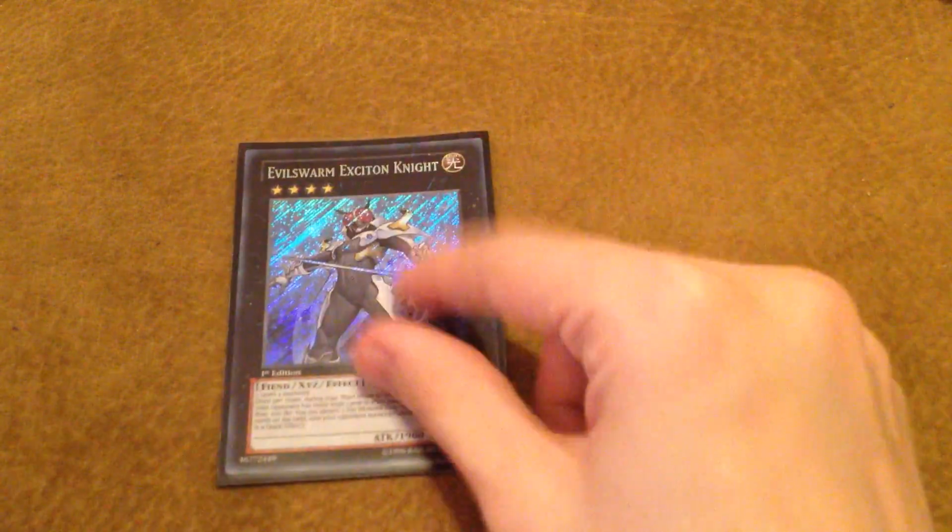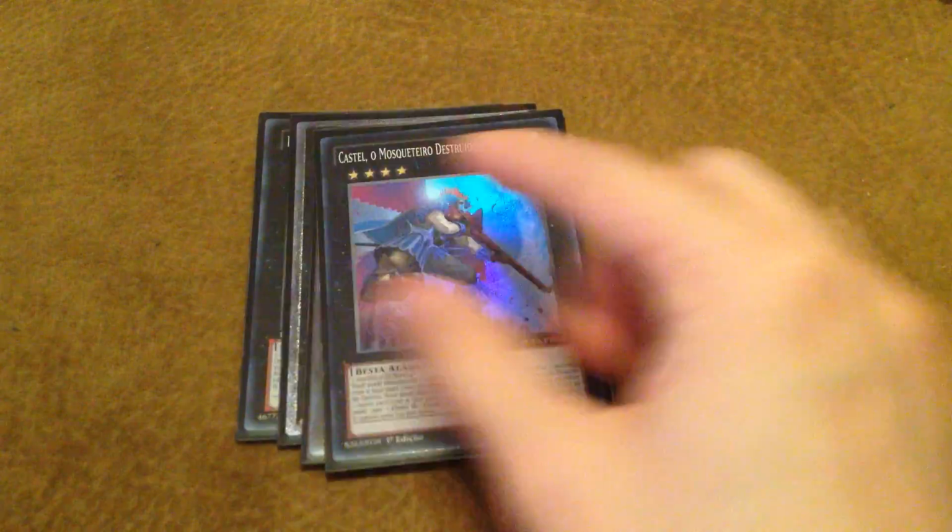Then for the extra deck, we are playing a very generic clobber of rank 4s, followed by a few kind of good 5s. But this is mainly for when we use our trampolines. So I'm playing the 1 Exciton Knight, the 1 101, the 106, the Castell, the Dweller, the Gaga Cowboy, Ken